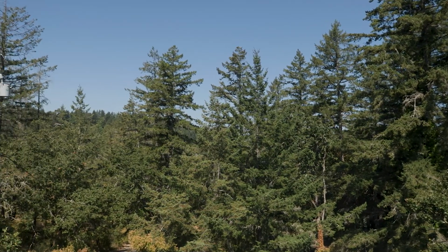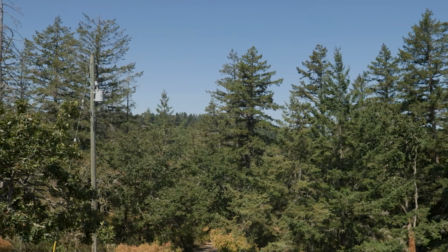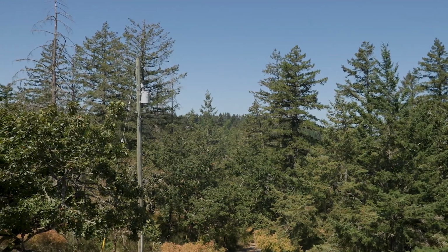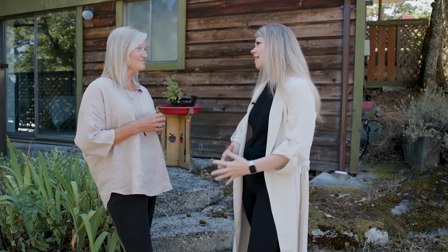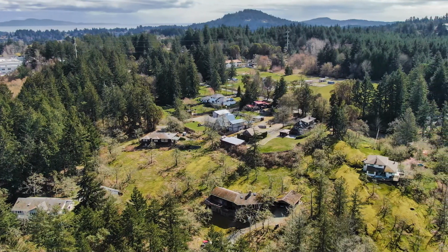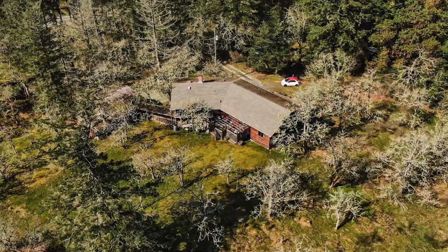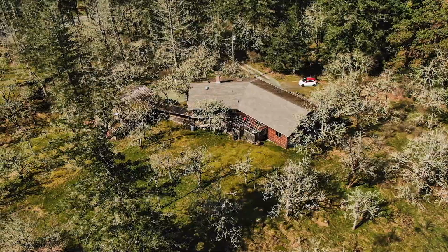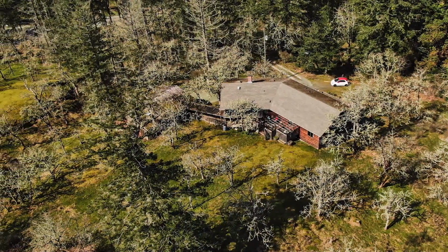That's what I wasn't expecting. When I saw the address, started driving up the driveway, I was shocked at how many trees and greenery there is here, and you don't feel like you're so close to Victoria. There's no visual approach from the road, and you're right, as you wind up, the Garry Oaks take you to this just magical spot that really offers a unique setting and a unique environment for a variety of different buyer